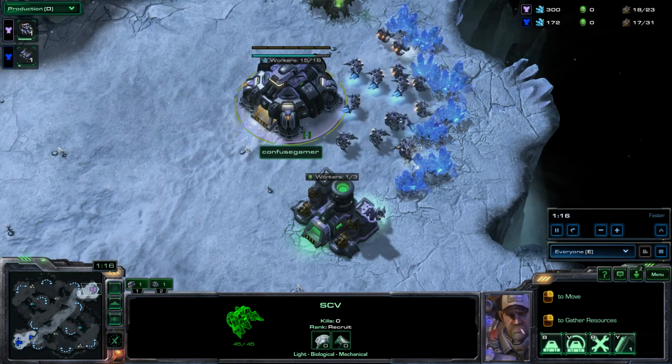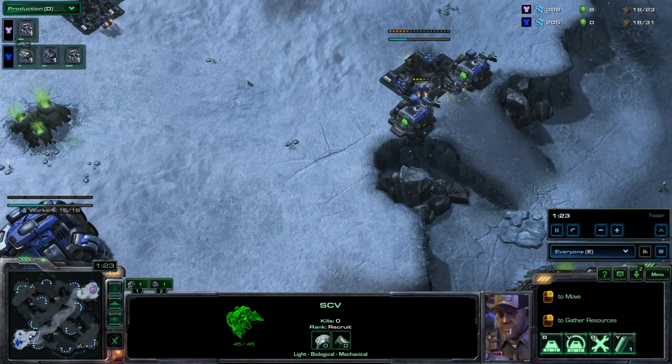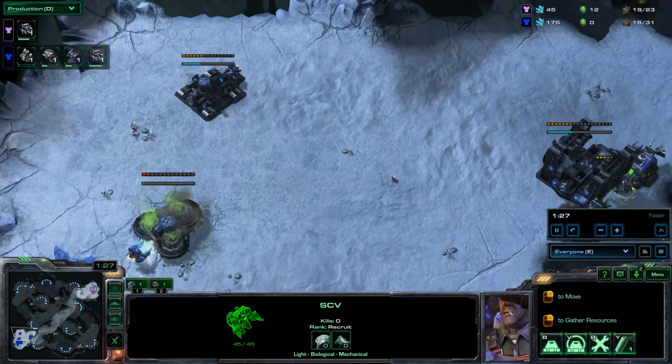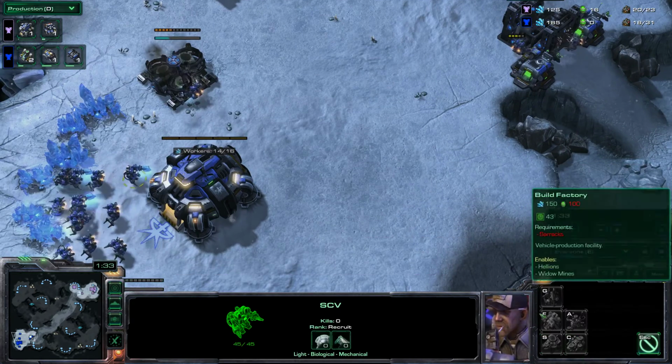So single gas down for ConfuseGamer, but no barracks yet. That barracks is crucial. You can't build a factory until you've got a barracks. You cannot build a Thor until you've got a factory. So if you're unfamiliar with the build order,